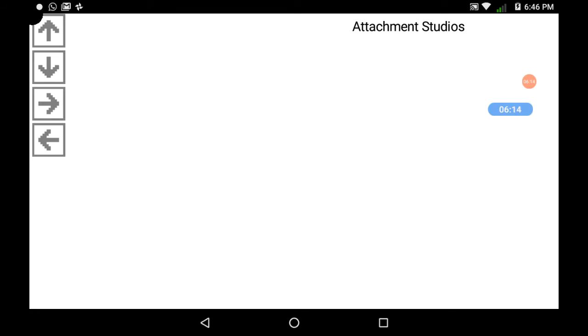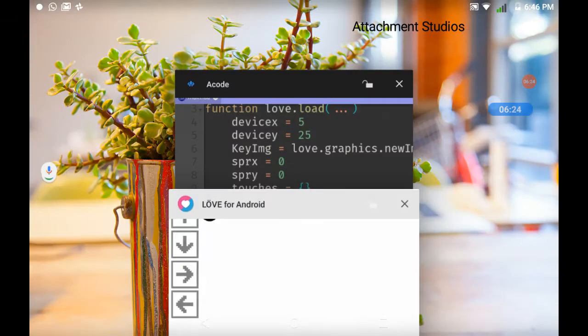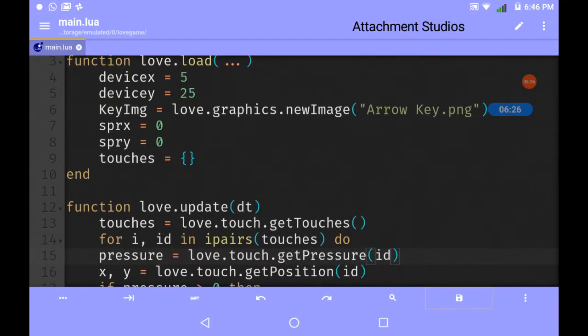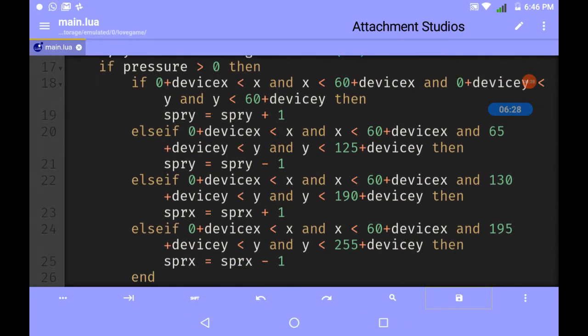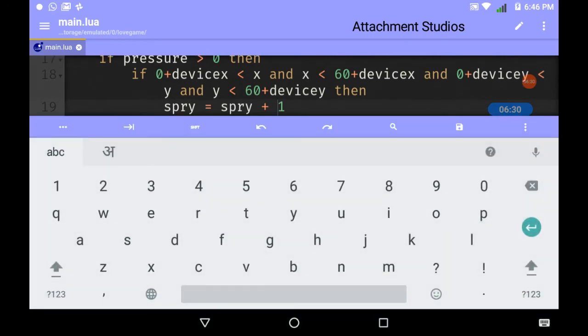So if I constantly press, I think we need to interchange the up and down coordinates. Then we will restart. Just a minute, this must be minus.